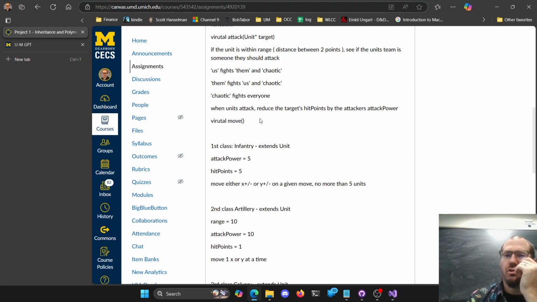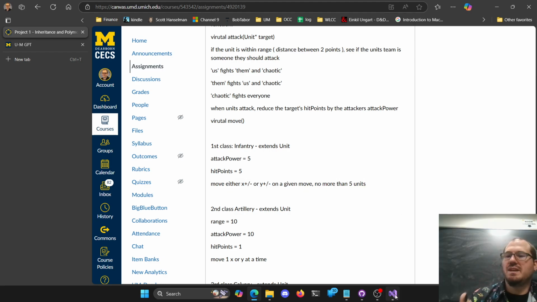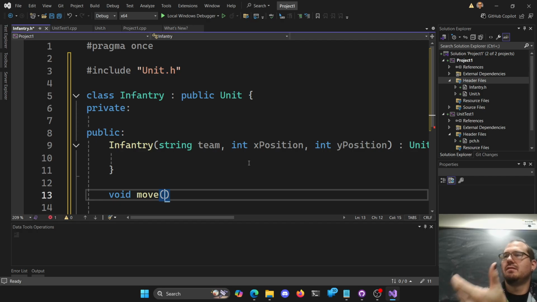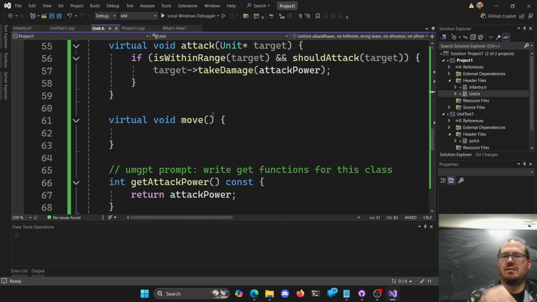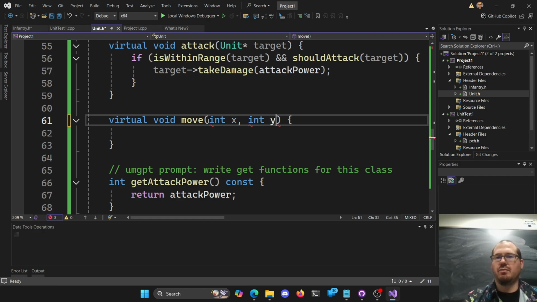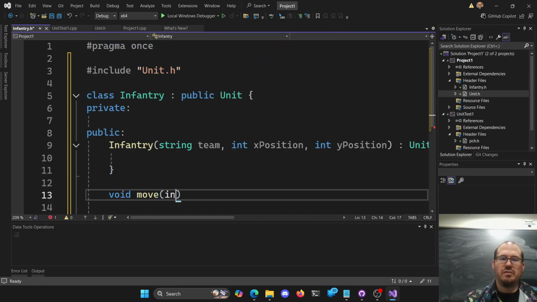Now, this one gets a little weird, and I was expecting more questions, but I don't know if you guys just don't like to ask me questions or if you just assumed you knew how it was supposed to work. But you can either move X or Y no more than 5 units. So to get that information, we have to be given it. So we probably need that to be passed in. So I think it makes more sense than if the virtual function takes an int for X and int for Y, right? Wasn't specified, but it's one of those things that, hey, we got to think about it. What makes sense here? Okay, so if this one has an X and a Y here, and this is an override,